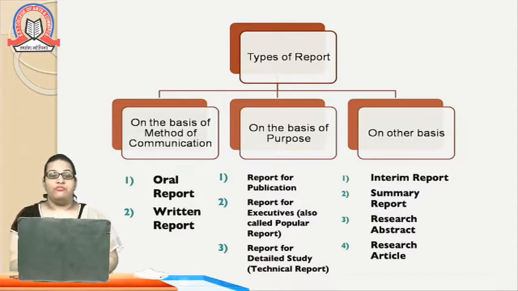Then moving forward, it is on the basis of purpose. On the basis of purpose, it is divided into three parts: report for publication, then report for executives, which is also called popular report, and the third one is report for detailed study, also called technical report. So the first one, report for publication, means when we prepare our report for the purpose of publication in various